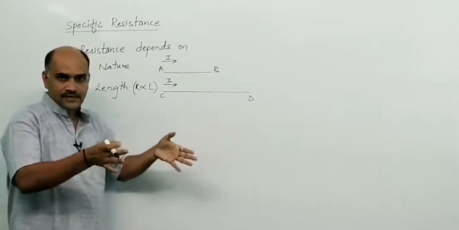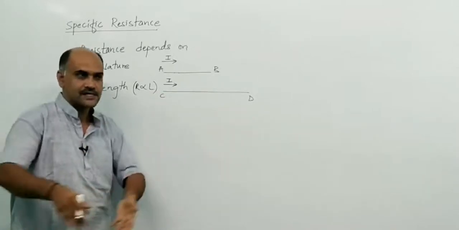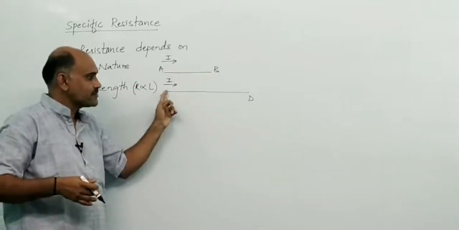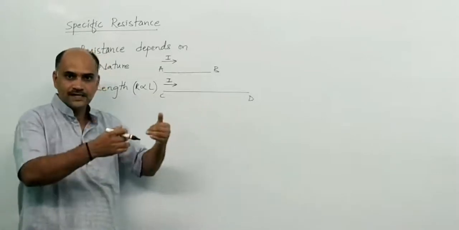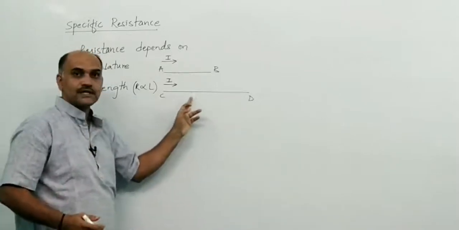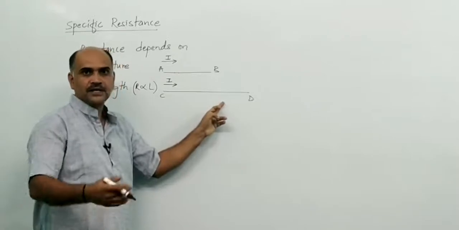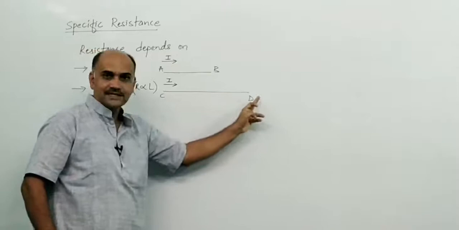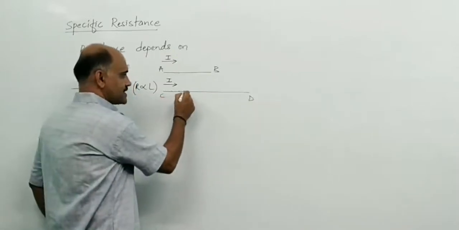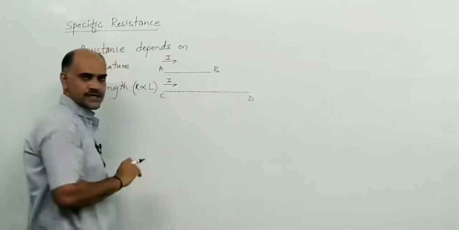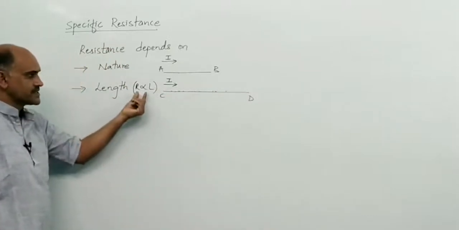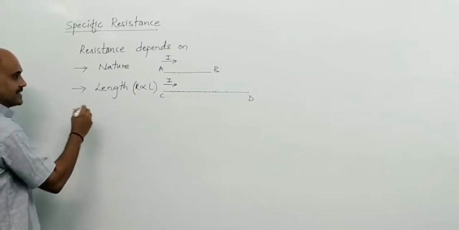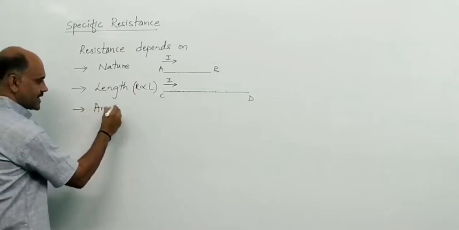Now suppose you are sitting in a classroom. If the class is of bigger length, a student from the last row takes more time to come forward, because there will be more obstructions for him due to different benches, friends, etc. So if length is more, time taken is more, there will be more obstruction along the path, so resistance increases. Third, it depends upon cross-sectional area.